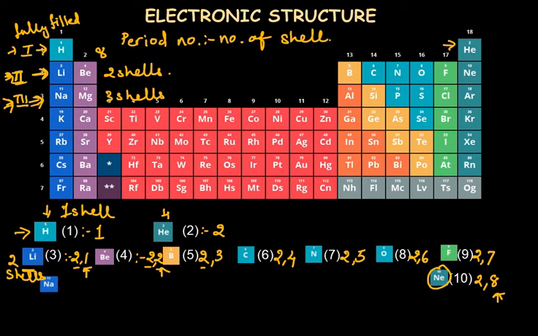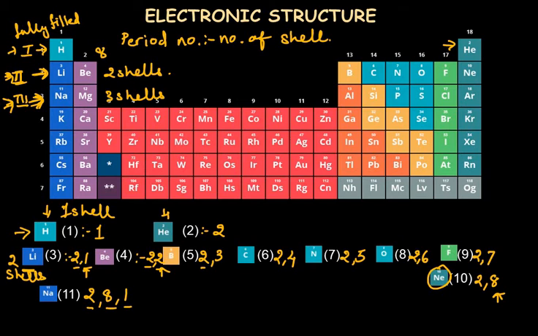First one is sodium, and sodium has 11 electrons. Now let's see what the electronic structure of sodium is. Here, out of 11, 2 will go in the first shell. Now we are left with 9 electrons, but out of 9, only 8 can be filled in the second shell. So 1 is still remaining. That 1 electron will go in the third shell. As we have observed, the elements of the third period will have 3 shells, and that's what is done here. There are 3 shells in sodium, an element of the third period.